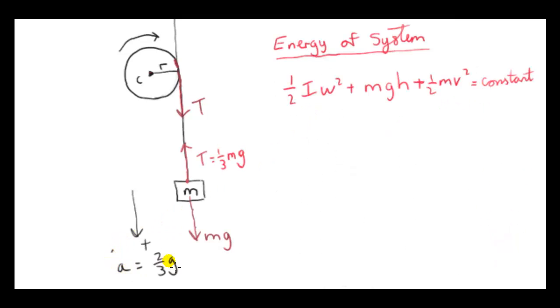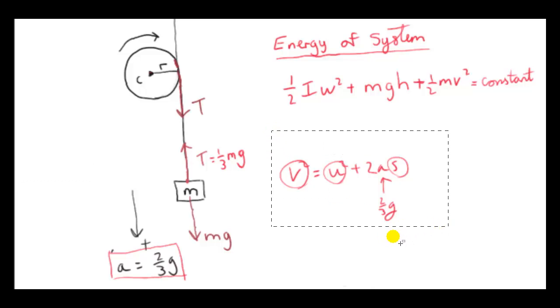Now there are two ways that we could find the speed of this particle at any time. We could use the fact that we have the acceleration, which is constant, and we can use the formula v squared equals u squared plus 2as, where s is the distance travelled by the particle. So if we know the initial speed, we can find the final speed. For the acceleration, we plug in 2/3 g. Alternatively, we could